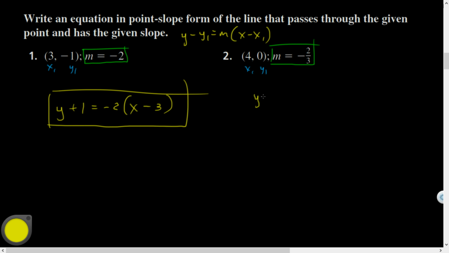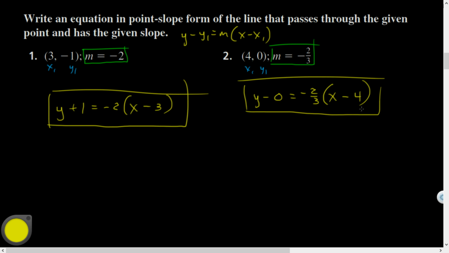Y minus Y1, so that's Y minus 0 equals M, so that's -2/3, parentheses, X minus X1, so that's X minus 4. All right, point slope form. Y minus 0, by the way, you could have written as Y equals -2/3, parentheses, X minus 4, but in some cases, I actually kind of like this better, so it's more obvious that it's in the Y minus Y1 form. Like this one almost looks like it was halfway towards slope-intercept, you know, like I would just